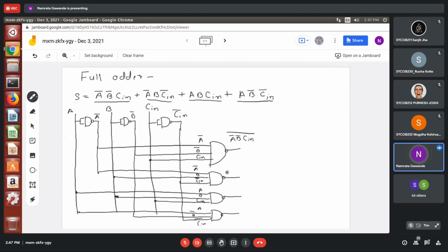right? This will be A bar, B, C in bar, and whole bar, A, B, C in bar, complement of this, A, B bar, C in bar, and whole complement. After that, the plus means OR gate, but here only NAND gate.